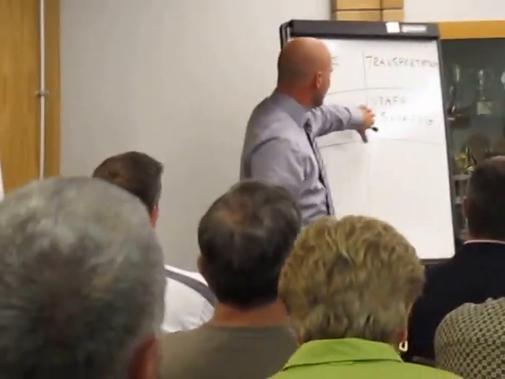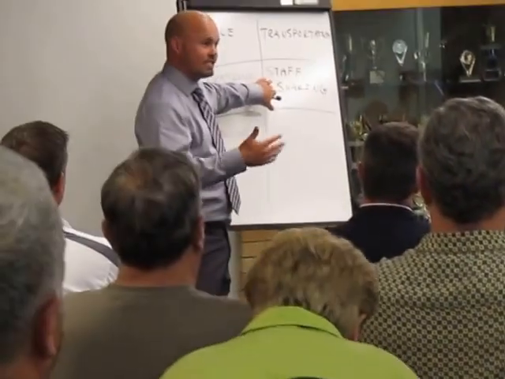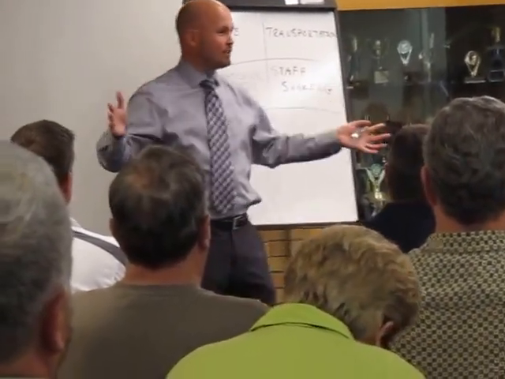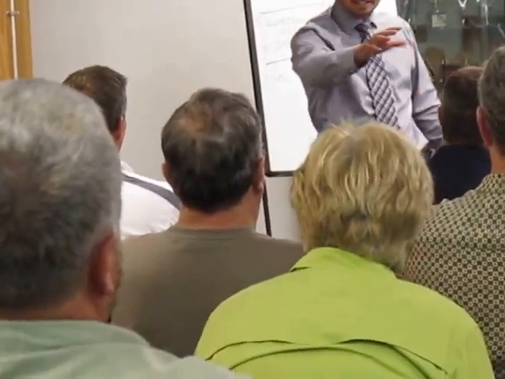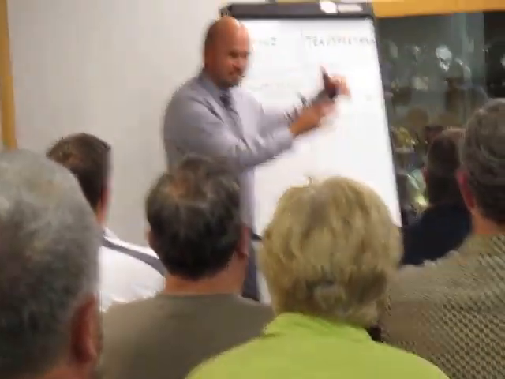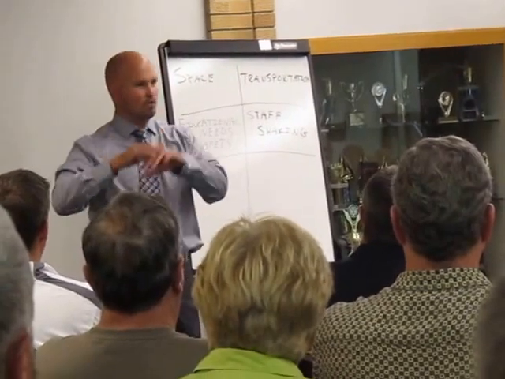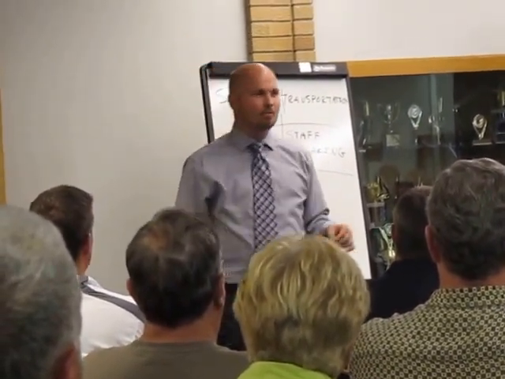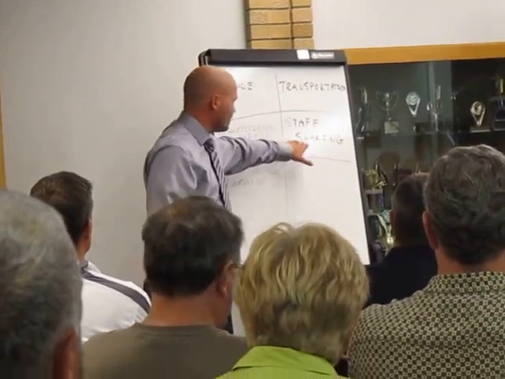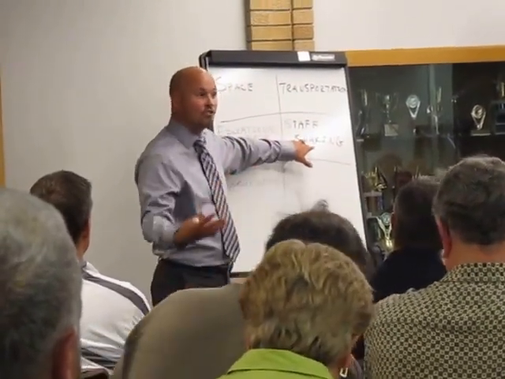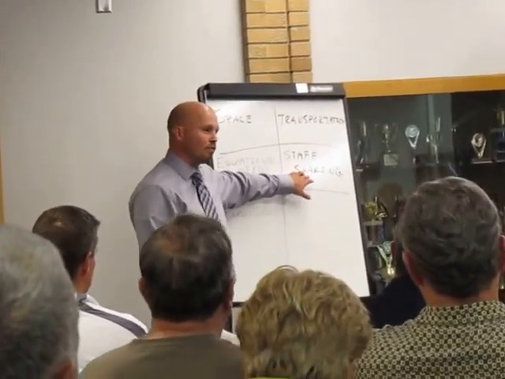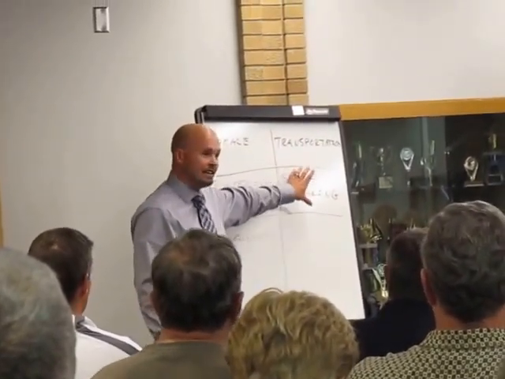I'll also say that we looked at probably, I think it was either 6 or 7 different grade configurations, because there's a lot of different ways we could have built this. We could have put 5th and 6th down right next to the high school, or we could have put just 6th through 8th at the middle school, or there's a whole bunch of ways. And in every single one of those situations, the minimum number of different staff that we would have had to add to make some of this work was 2, and in most cases it was between 3 and 4 different staff that we would have to add in order to make some of that work.